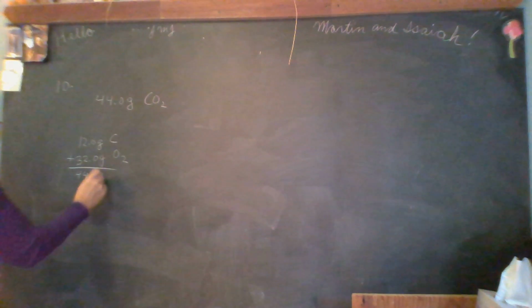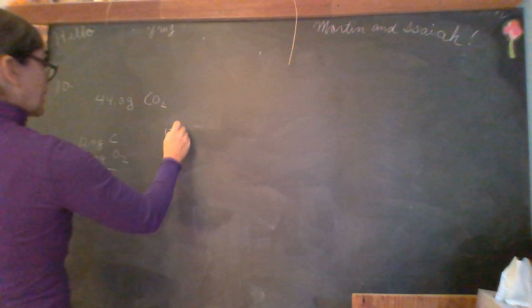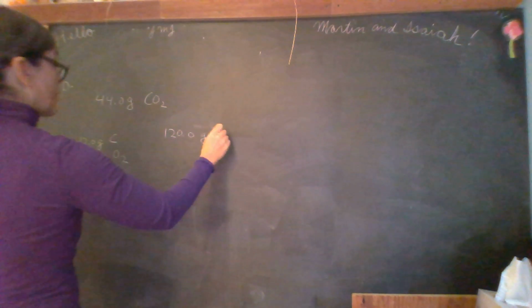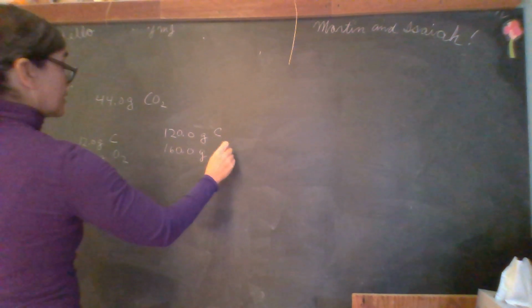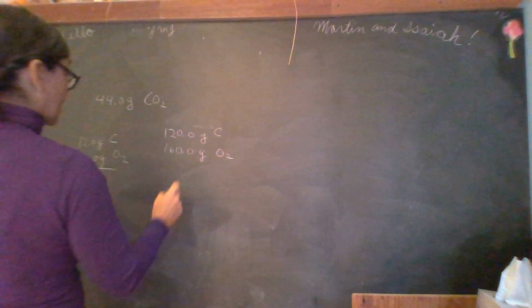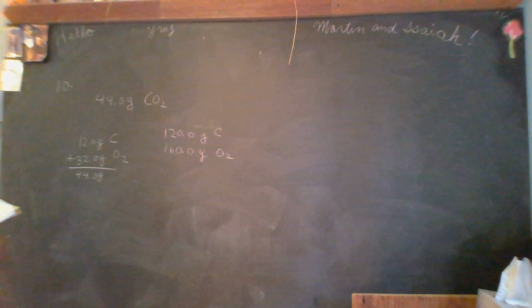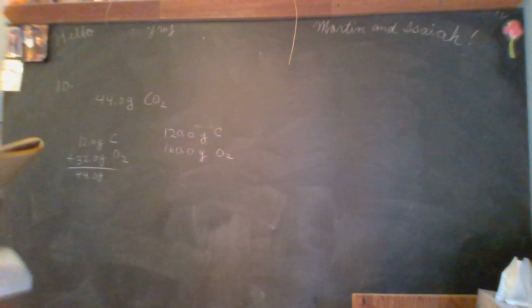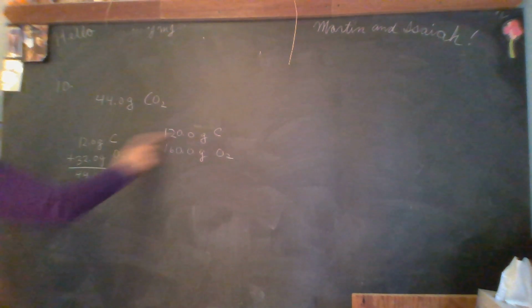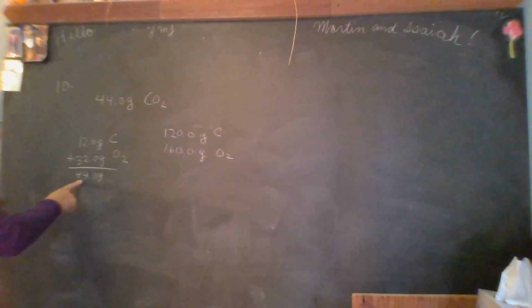Further, it says, if a chemist combines 120.0 grams of carbon with 160 grams of oxygen, how many grams of carbon dioxide will be made? If a substance is left over, indicate whether it is carbon or oxygen, and also determine how many grams are left over. If these proportions are the same, we can just multiply this by 10,